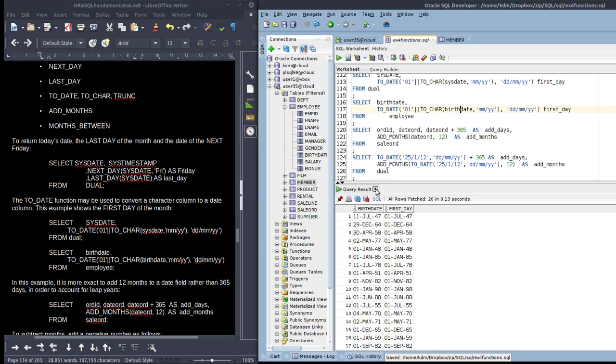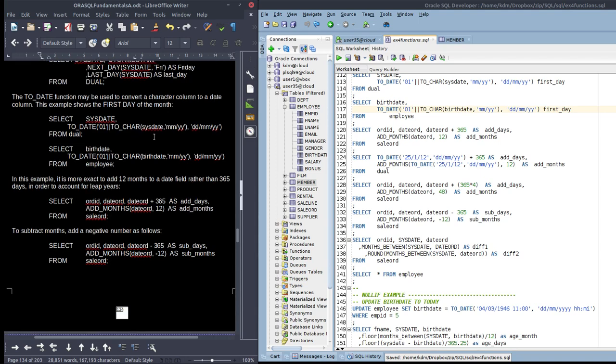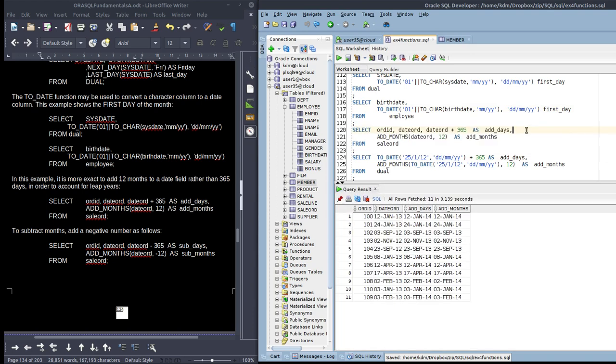Now if we move on and look at add months and months between, the reason you use add months is you can't reliably add 365 days. It might be the same as adding 12 months, but it might not, depending on leap years. If you do it for this year, they're the same. It's not a leap year. But